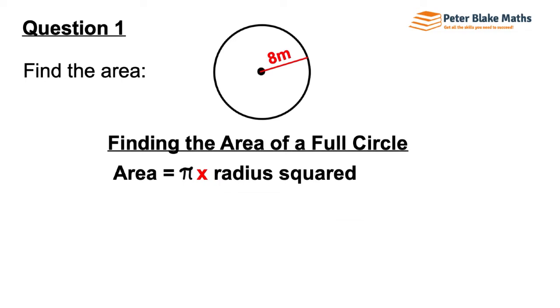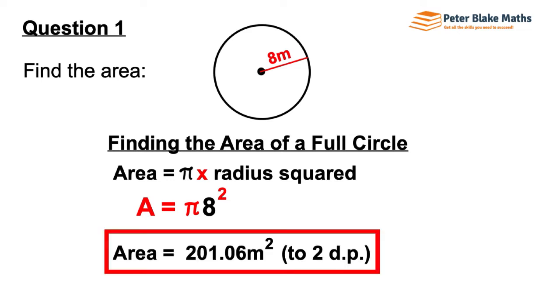So finding the area of a full circle, we have area equals pi r squared, or pi times the radius squared. Now the radius goes from the center to the outside edge there, so we have a radius of 8 meters for this question. So we'll just put an 8 where the radius goes in the formula, in the next line down. So we get area equals pi times 8 squared, which we can type into our calculator there. And we get a final area of